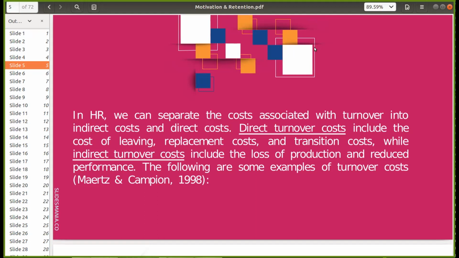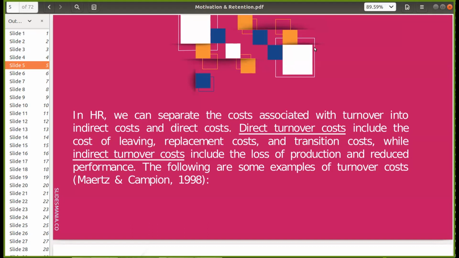So nabawasan yung productivity hindi lamang nung team na yon, but of course the entire department and the organization na rin. Kasi nga may nawala or may mga nawalang tao na tumutulong sa pag-run or pag-operate ng business or ng isang particular department. So therefore, nabawasan din ang performance, bumaba ang performance.